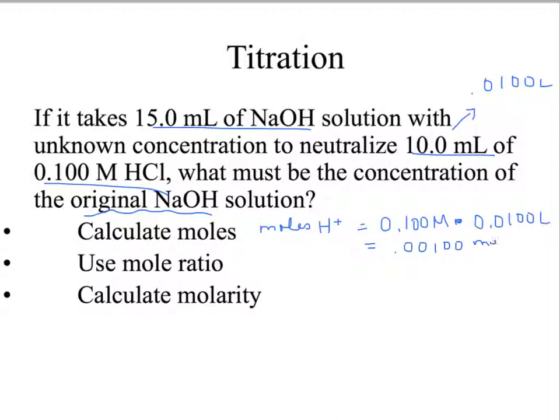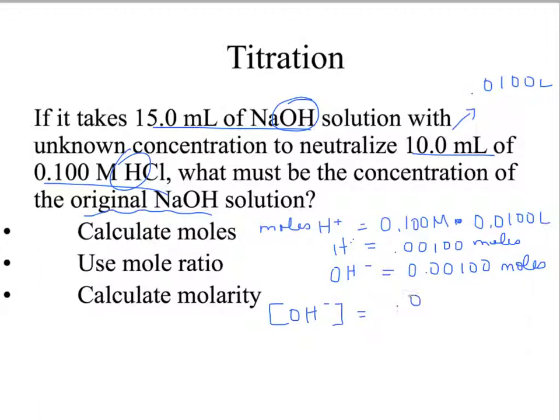And this is moles of H+. So we know that if it's neutralizing and we have one hydroxide for every one H+, then moles of hydroxide ion equal moles of H+. So we can make this step right here. And then, if we know the volume of the NaOH that's given to us, the concentration of the hydroxide